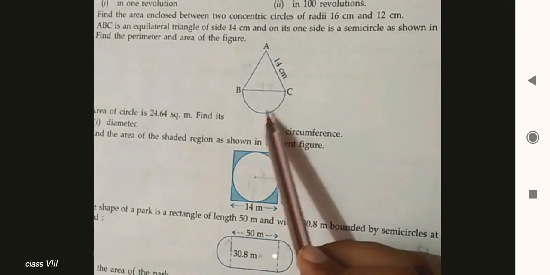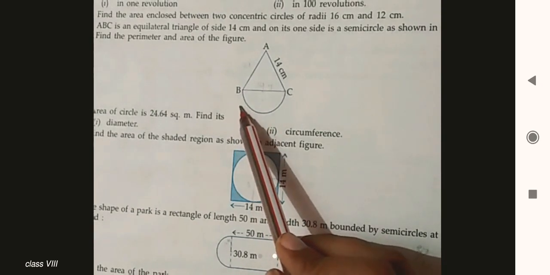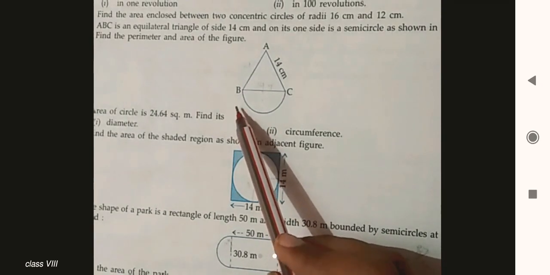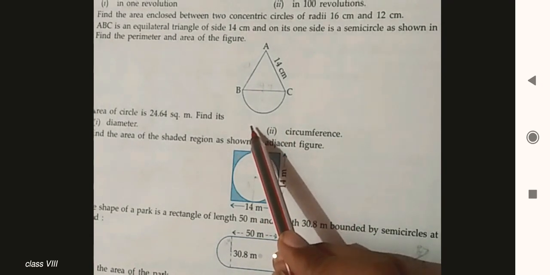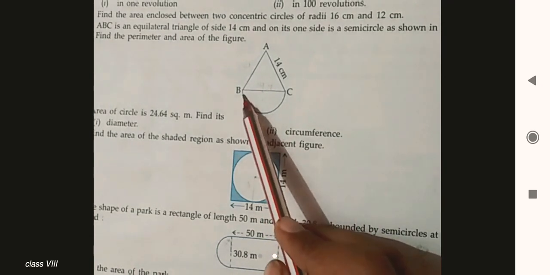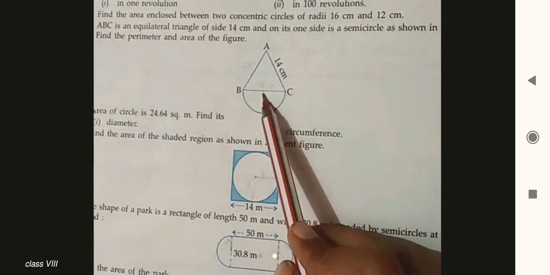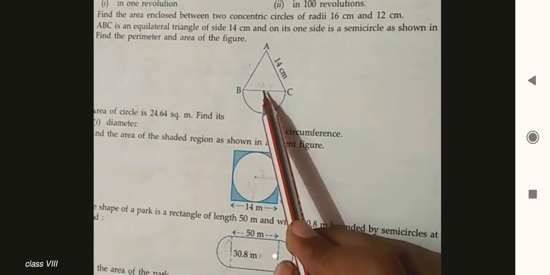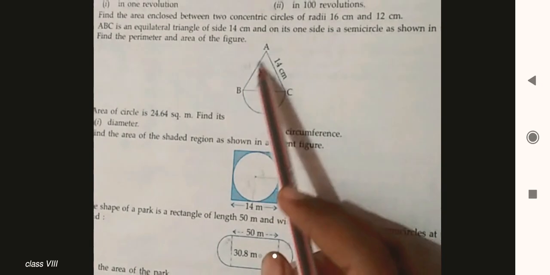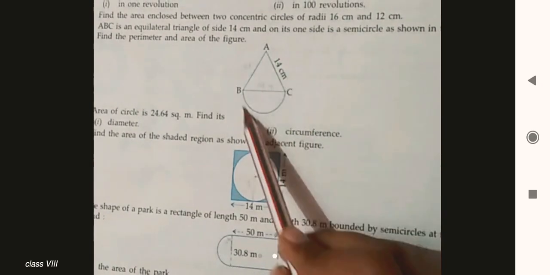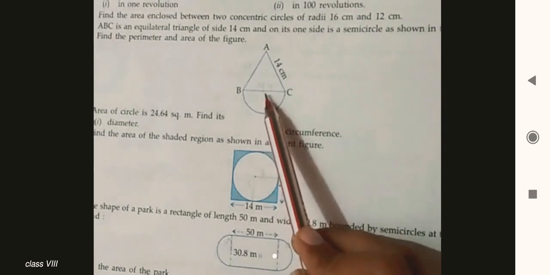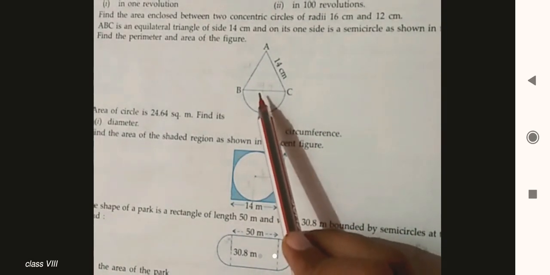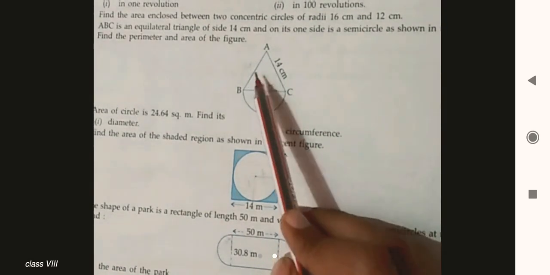By this arc, what will be the perimeter of the semicircle? Circumference is 2 pi r of a whole circle. So a semicircle will be 2 pi r by 2, the 2 will cancel out, so pi r. Okay, so this is the mistake. Why are you adding this 14? You are not supposed to add this 14 because they're asking about the perimeter. Perimeter of this whole figure means this length plus this length, not this length. So just take care, don't add this. Okay, 14 plus 14 plus pi r.